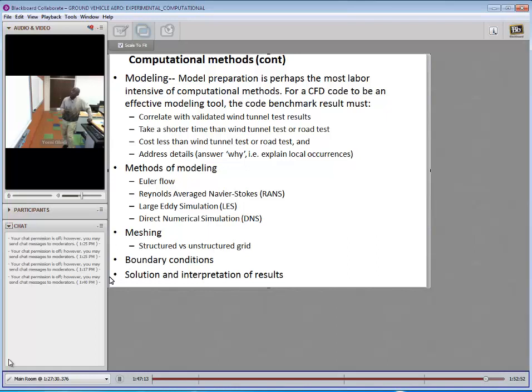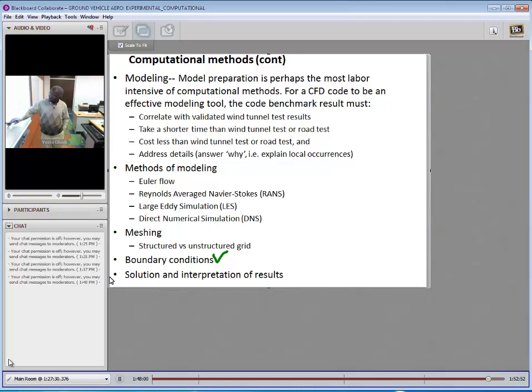Then comes the boundary condition. You have to have a good understanding of the boundary around the vehicle. What is the temperature around it? What is the airflow around it? These are intricate details that determine the results that you get. So there has to be a good understanding of the physics that's surrounding the vehicle, because that understanding is what informs the prescribed boundary conditions that are placed on the vehicle. Once you place the boundary conditions, these are the hard work. Once the boundary conditions have been correctly put in